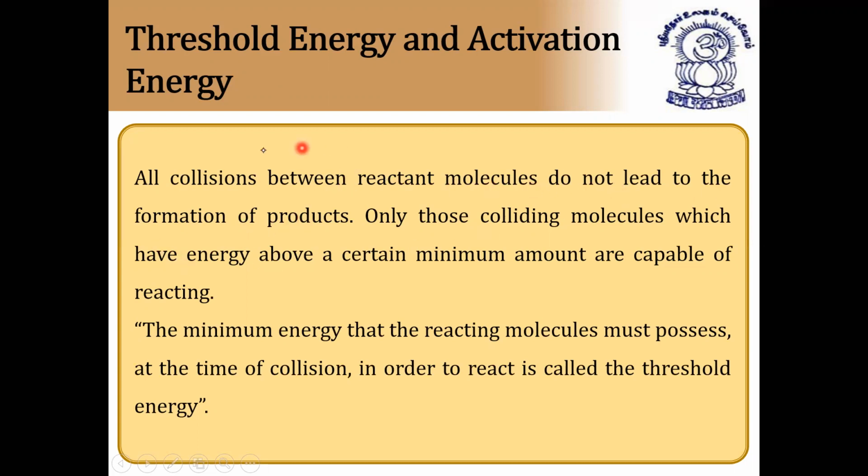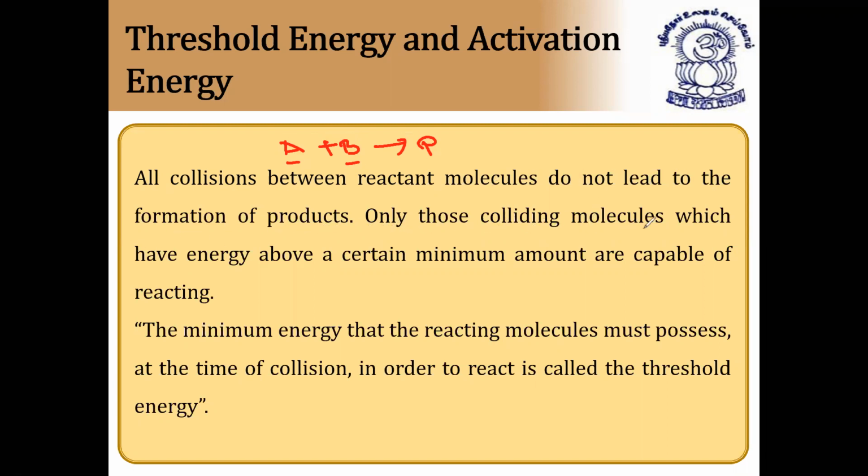So first, suppose for example, you take a reaction A plus B gives rise to P, where P is called the product. So reactant A plus reactant B combine together to form product P. First, the molecules of reactant A and reactant B should collide with each other. And not all collisions of reactant A and reactant B lead to the formation of products.